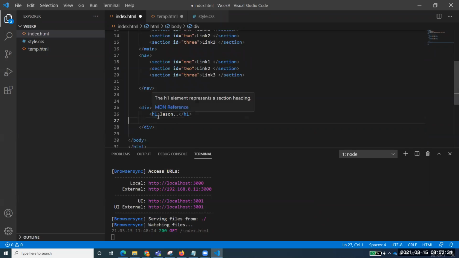I hope that's making sense to you. If I don't have any specific semantic element to group together some elements, I will use the div, and that div would have all those elements inside it. So first of all, let me just clear that.